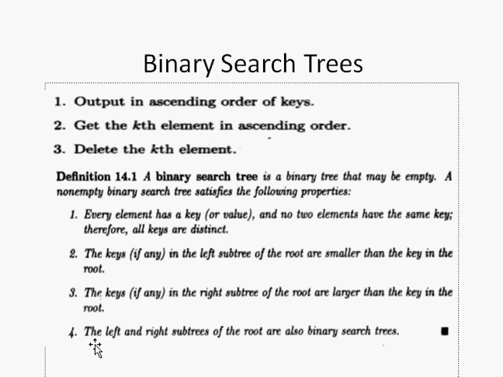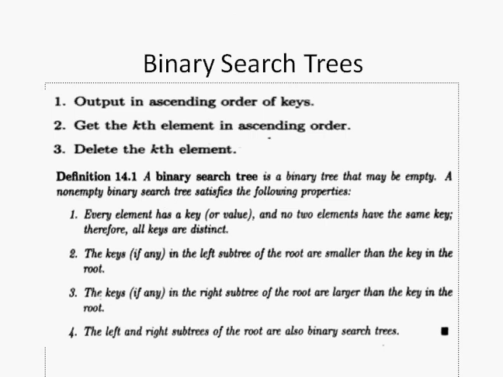And this process has to be continued to its left subtree and right subtree, which means the right subtree of the root and the left subtree of the root should also be a binary search tree. So when we say binary search tree, since we have seen the first three conditions, these three conditions should be satisfied again for the left subtree as well as for the right subtree. Okay, so hope this is clear. So these are the four very important properties of a binary search tree.